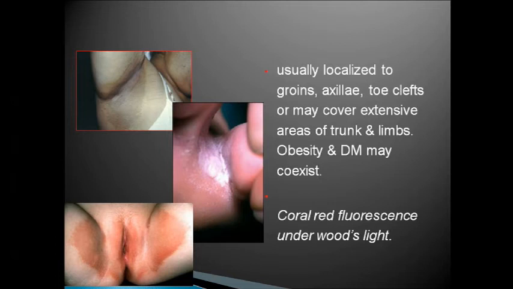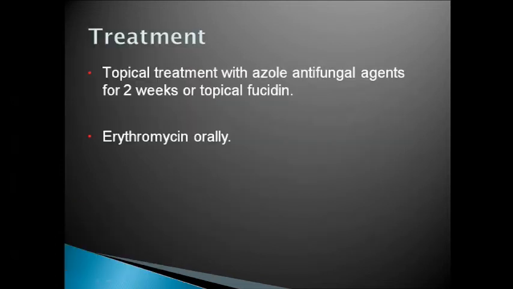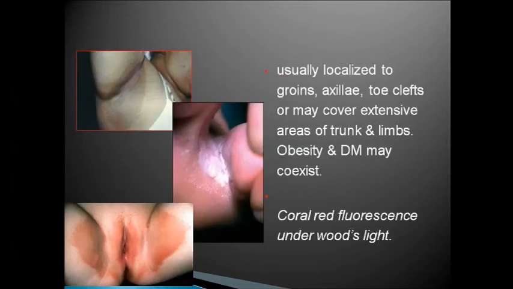Now the diagnosis of erythrasma, one characteristic thing we have to remember: under Woods lamp examination, that is 365 nanometer ultraviolet light. So under this UV light, the erythrasma will give a coral red fluorescence. Coral red is something I'll show you in the clinical classes. It will have a dark pinkish appearance when you see the erythrasma under Woods lamp.